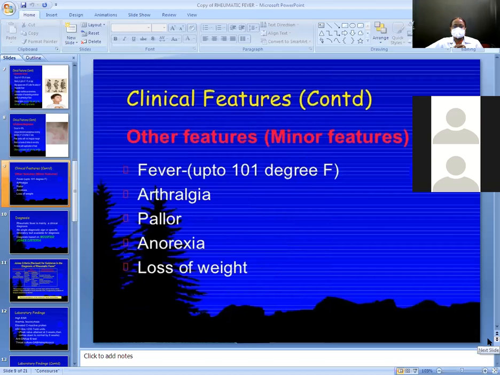So clinically the patient presents with joint pain, swelling, and fever. Joint pain means arthritis, and high grade fever. Clinically the patient presents with arthritis and high grade fever. Then constitutional